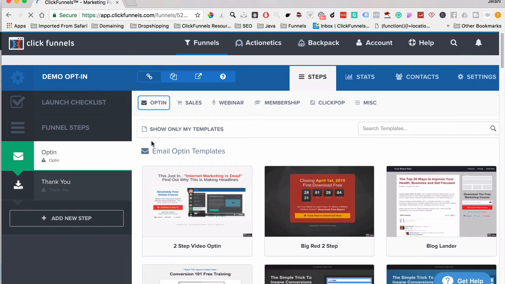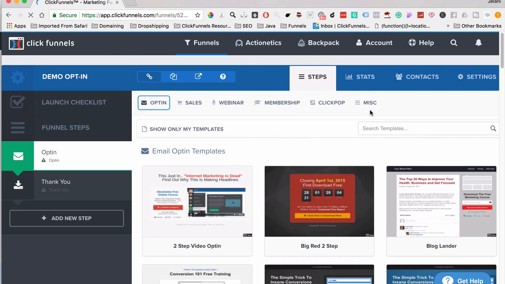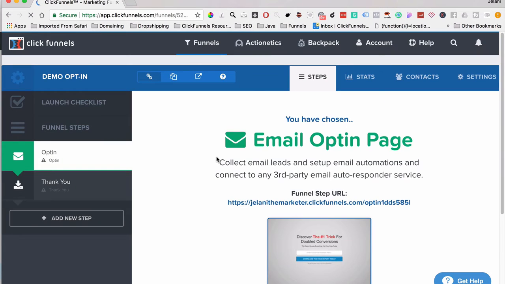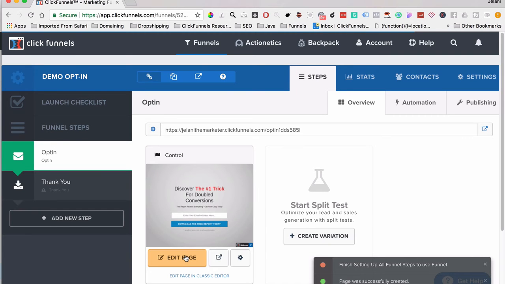One thing that you can do though, you can see up here that there are different options. So you have opt-in, sales, webinar, membership, quick pop, miscellaneous. So if you click add new step, and I'll show you that in a second, it gives you these blank templates and you can choose which one you want. So for this purpose, we're going to click a super clean opt-in. So let's just say that we have the opt-in and it's like get your free cheat sheet as the first opt-in step. Alright, so the first thing we need to do is click edit page